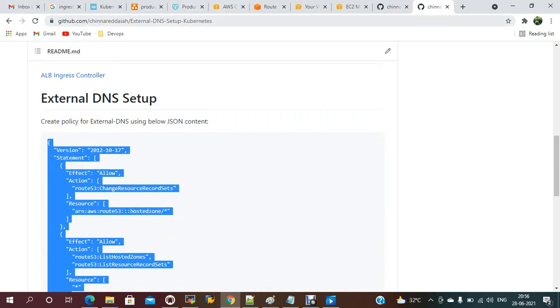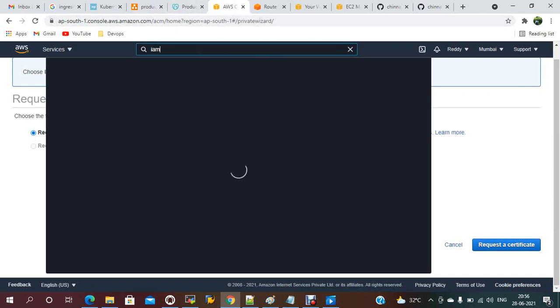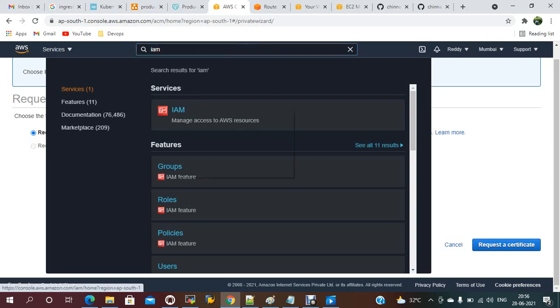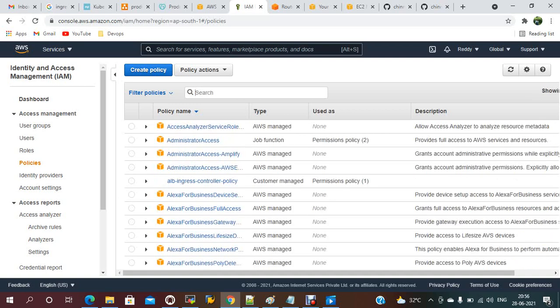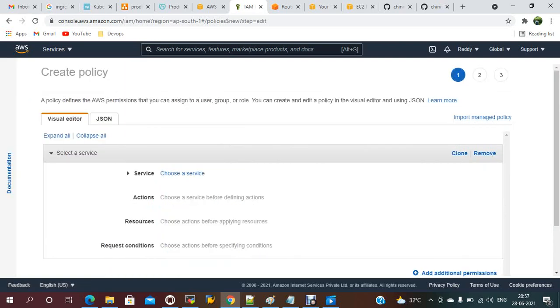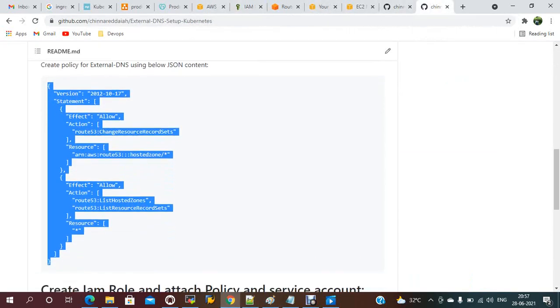You know, right, how to create the setup for the JSON format policy, how to create the policy. You have to go here, IAM, policies. Let's check external DNS, whether any policy is there or not. External, no, there is no policy. You have to create a policy, and if you have any JSON, you just copy paste this JSON file completely. External JSON one.